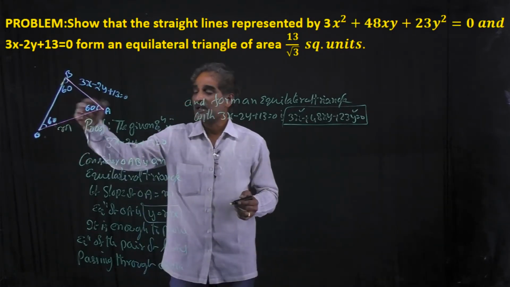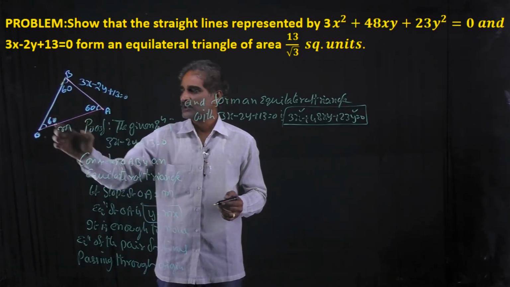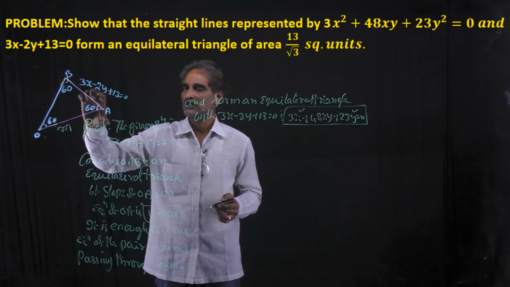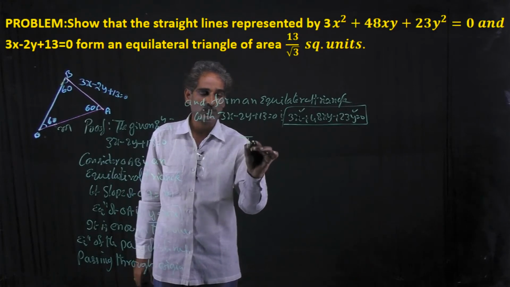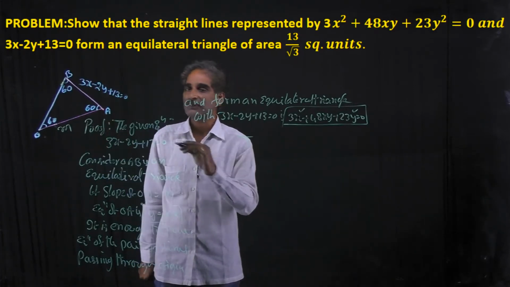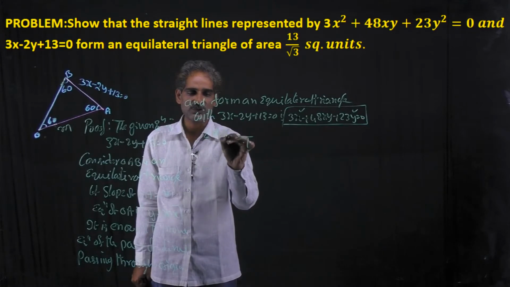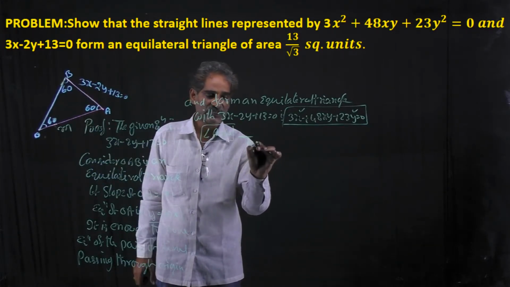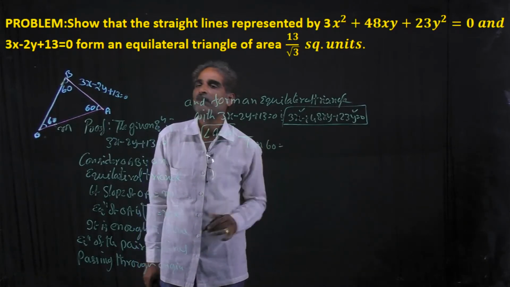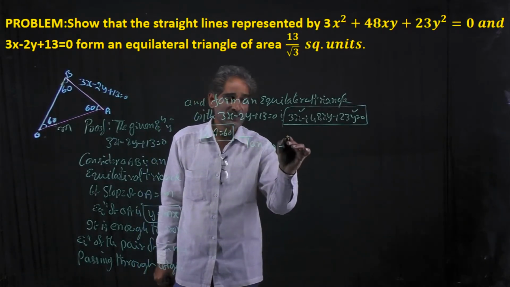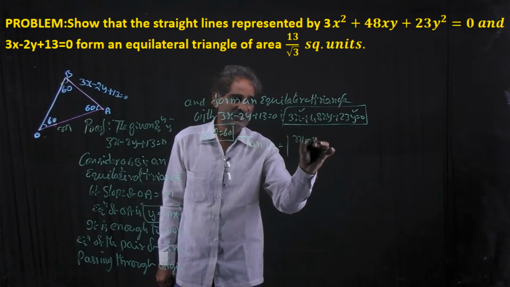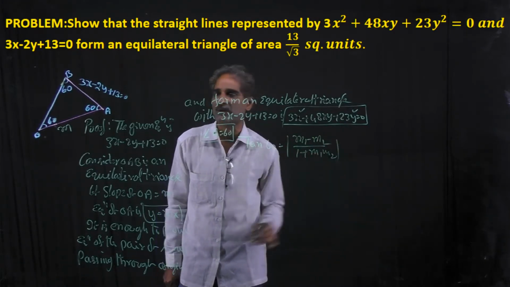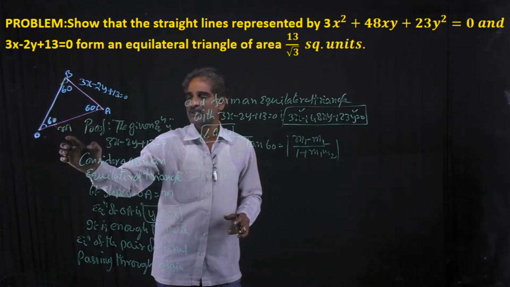Okay, so already the triangle is equilateral, we assumed that. So the angle is 60 degrees. Just apply tan theta for these two sides. Tan theta is equal to, so the angle at A is already equal to 60 degrees. So apply tan theta for this angle. Tan 60 is equal to, what is the formula? Modulus of m1 minus m2 by 1 plus m1 m2. This is the formula.